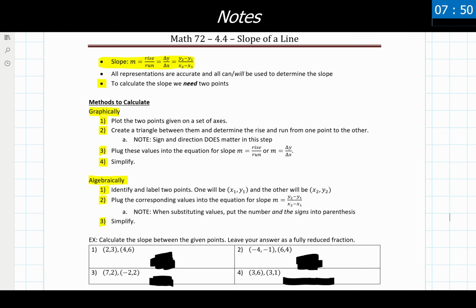Our video today is going to cover slope of linear equations, or the slope of a line. So we have here three ways that we can think of the slope of the line if we look at it in more direct mathematical terms. The rise over the run, the change in y over the change in x, also referred to as delta y over delta x. The little triangle means delta, the Greek letter for that. Or y2 minus y1 over x2 minus x1.